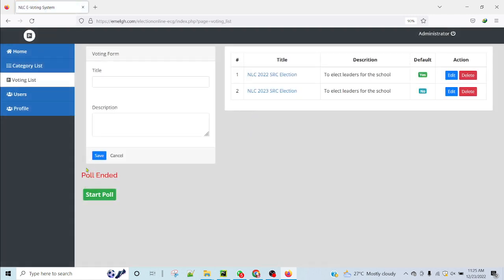Now you see the status has changed. It's now pool ended. So take notes. Always make sure that if an election is not ongoing, it should always indicate pool ended here. Whenever you see pool in process or pool started, then know that